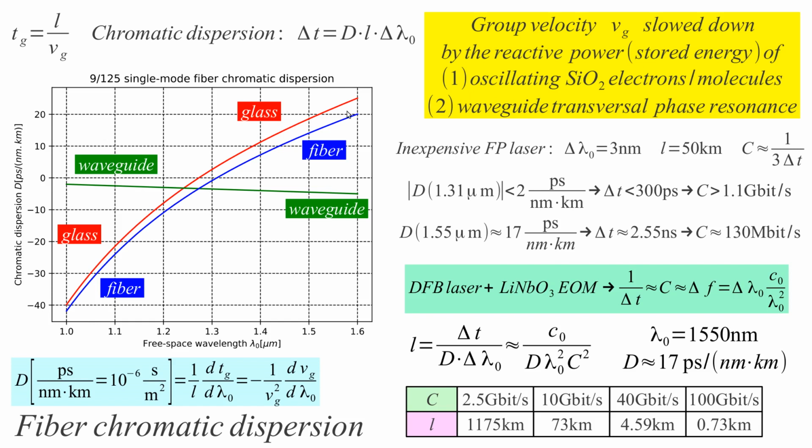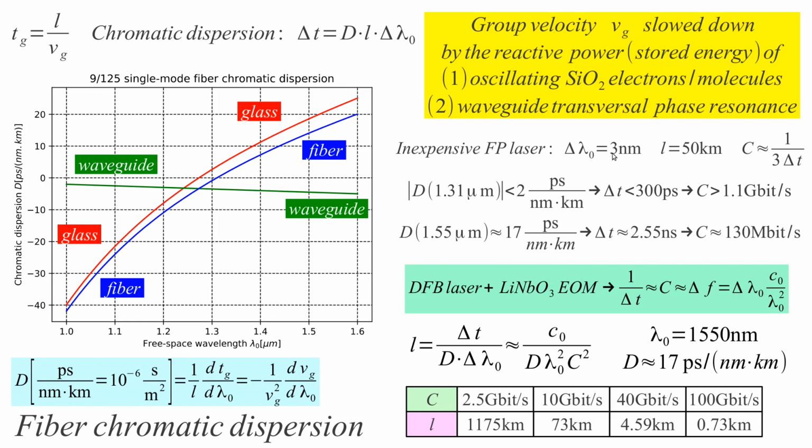And the numbers now to remember are at 1.3 micrometers. Fibers are guaranteed to have almost zero dispersion. Well, the tolerances are that the absolute value is less than 2 picoseconds per nanometer times kilometer, in absolute value, so with both signs. So if we think now about a simple laser communication, having a simple Fabry-Perot laser with